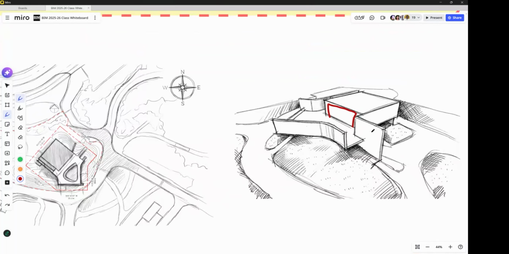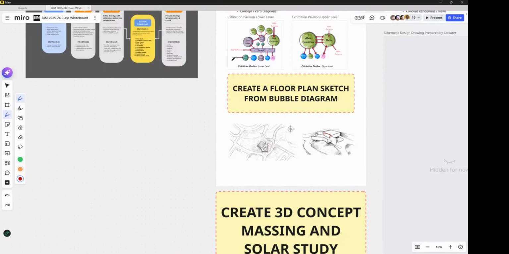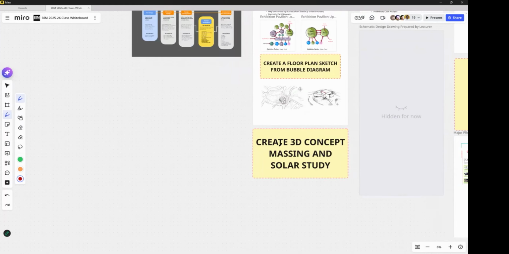We can explore a sketch, and this is one of the important reasons why we have to convert this sketch into a 3D object, because we can do much more with it. So first step, we're going to use SketchUp and convert this sketch into a 3D object, which is very simple. It's pretty much just boxes, and that is going to be our mission for today's class. We deal with the bubble, the initial sketch, and a 3D massing.